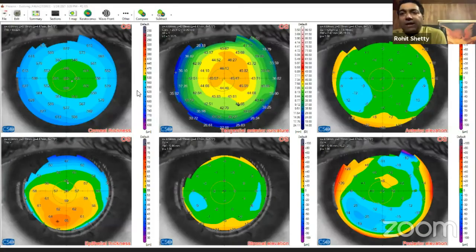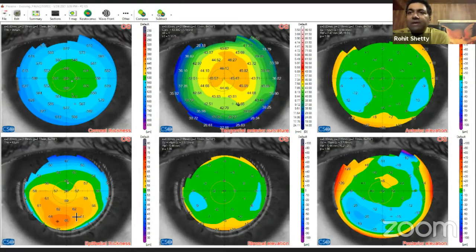So no problem. Epithelial mapping has become standard. And if any one of you are using Schwind, you can actually feed in the central epithelial thickness and the peripheral epithelial thickness, and that is only possible with the Schwind machines now, because other machines don't give you that freedom to do it. Okay, I think here again, an interesting case, superior steepening, but there is an inferior epithelial hyperplasia,